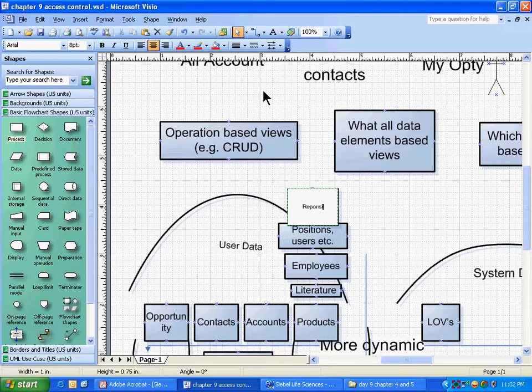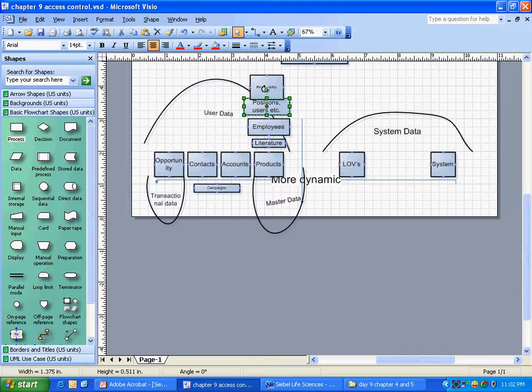So does it matter if you put it in master data or not? It is just categorized that way. In your interview, somebody will ask you, is it master or not? Then you should say yes. It is already categorized, Siebel has nothing to do with it. It's a general category. It is helping.